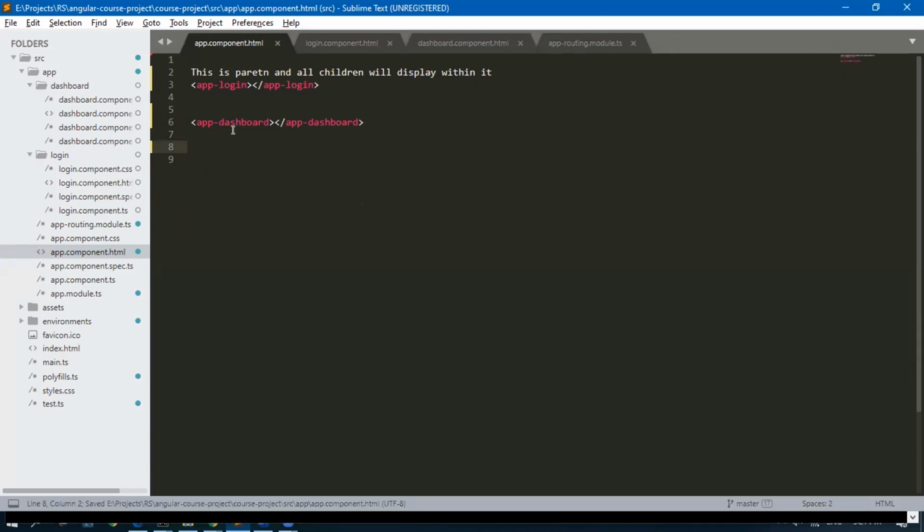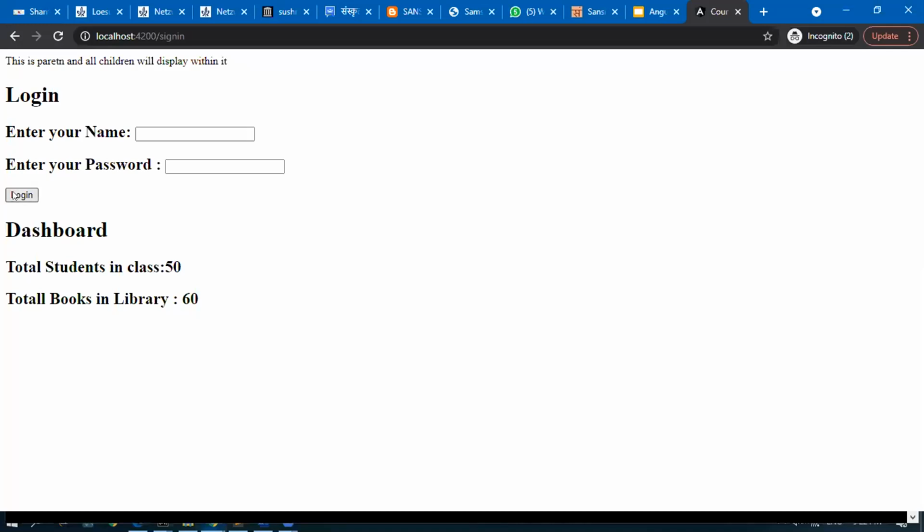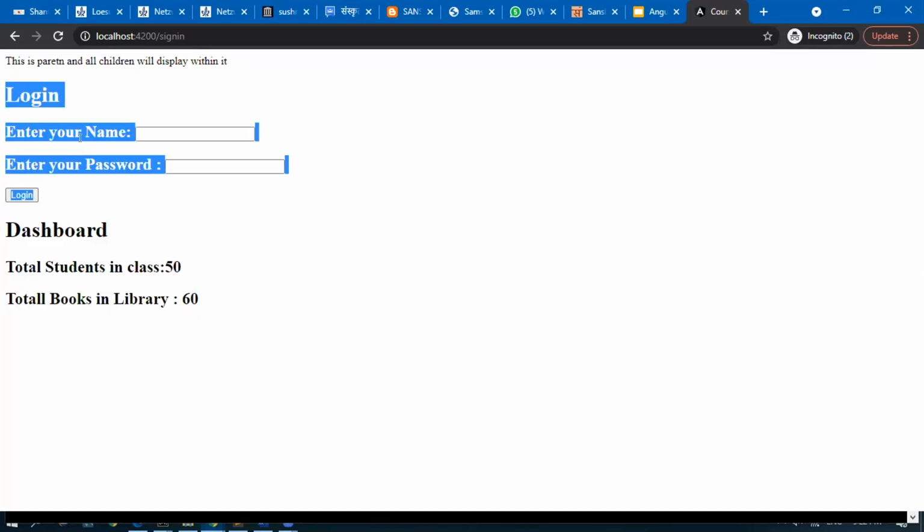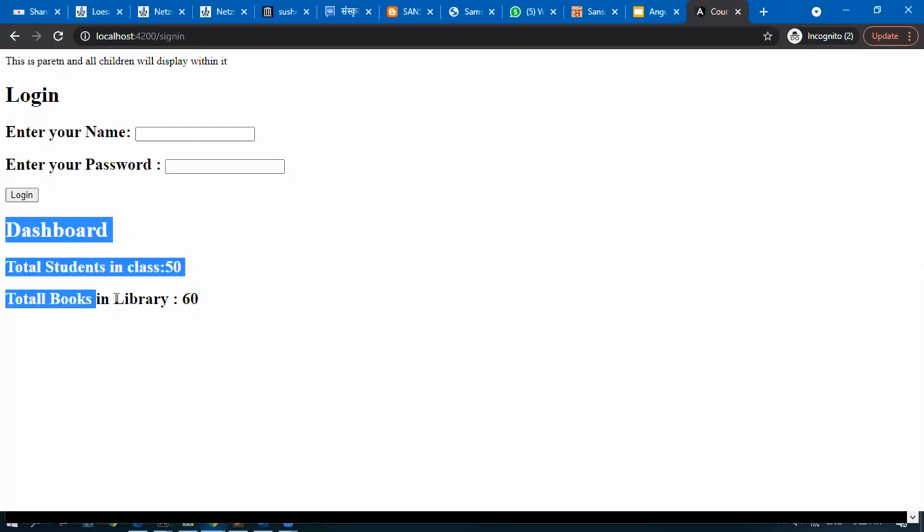Without login, we can show other component details also. You should not import components like this in this case. There is no hard and fast rule, but for this scenario, we should not do like this. What should happen? Only login should come. After the login is done, when I click this button, the login should go away and this should load. In the page, this login content should be removed from the screen and this content should replace the login content.